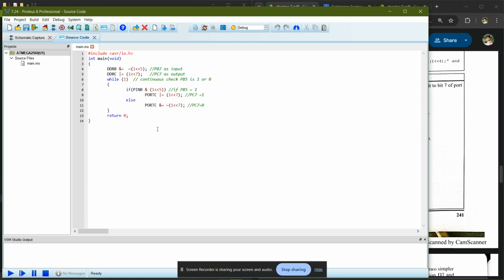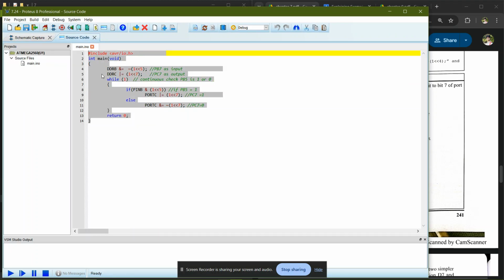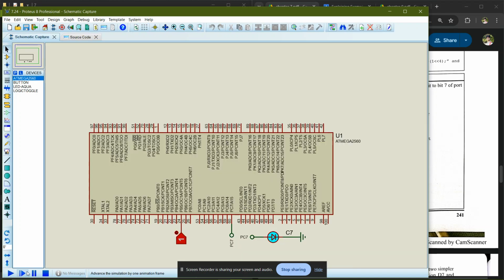Here's the code. It's one of the easiest codes in this whole chapter. And on running it, you can see if it's 0, it is not blinking. If it's 1, the LED will be high. So now moving on to